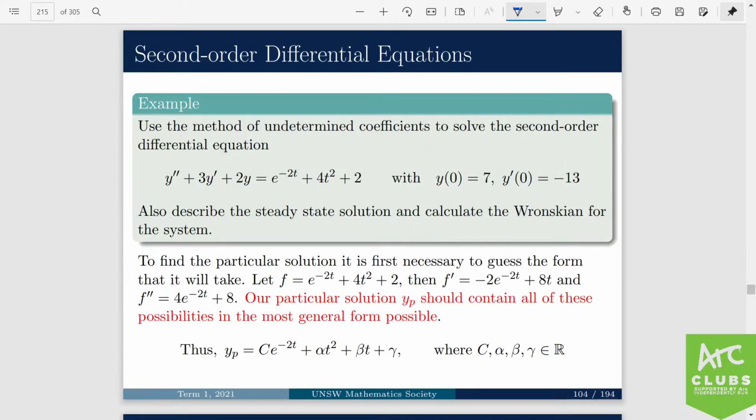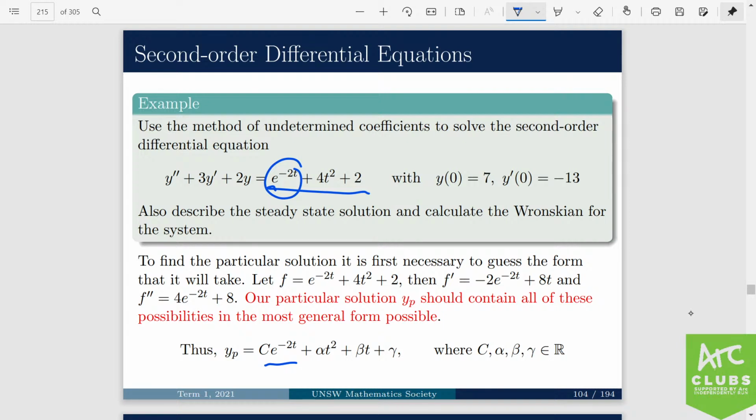Then moving forward, we're going to try and find the particular solution. So now to find the particular solution, it's similar in the fact that we want to try and find the most general form of it that we can. So we look at this function on the right, and then we say, okay, how can we find the most general form of that possible? So we've got this exponential term, and so the most general way we can define one of those is that we have